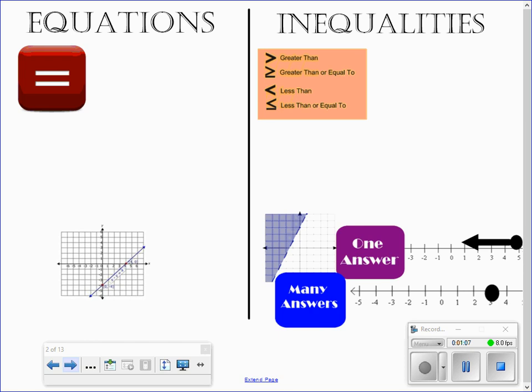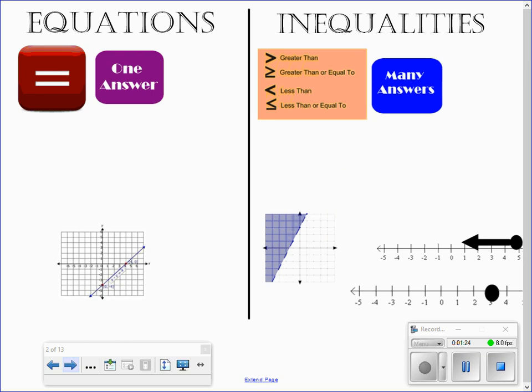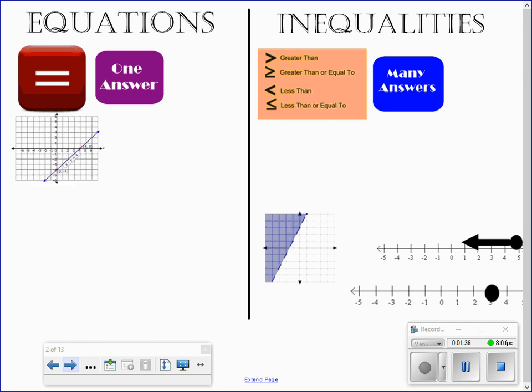what we're looking for. When we talk about an equation, it has one solution because it should be equal to whatever number that you get. But when we talk about an inequality, because it could be less than or greater than, we have many options because there are typically many solutions, or many numbers that are greater than or less than the number that you've solved for. In an equation, when you graph it, you're going to get a line, and your solutions are only the points that would be on that line. But when we are talking about linear inequalities, we have what is called a region. So we have a region where our answers